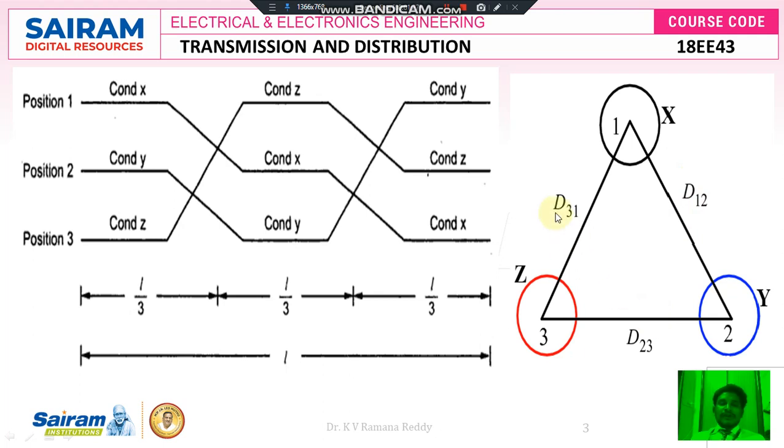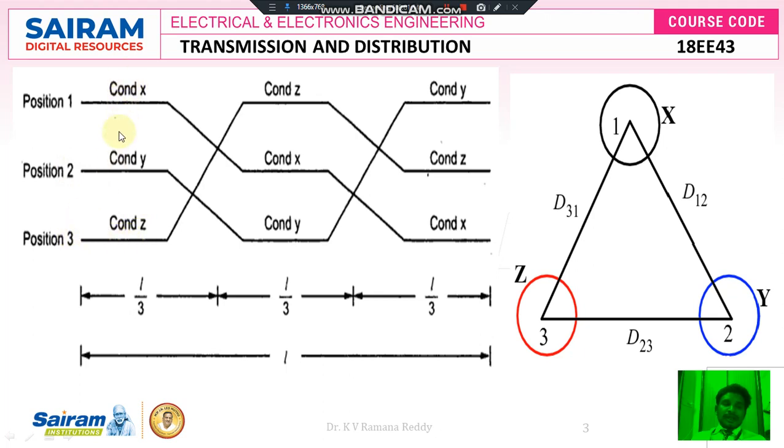Suppose I want to change the position of any one transmission line conductor from the existing tower. For example, in this figure, conductor X is at position 1, conductor Y is at position 2, and conductor Z is at position 3.